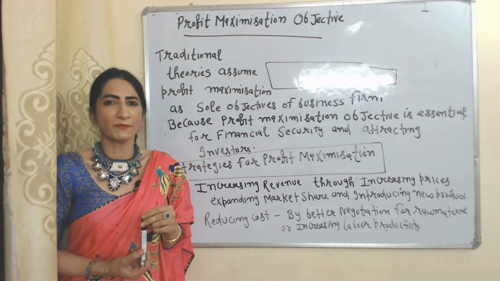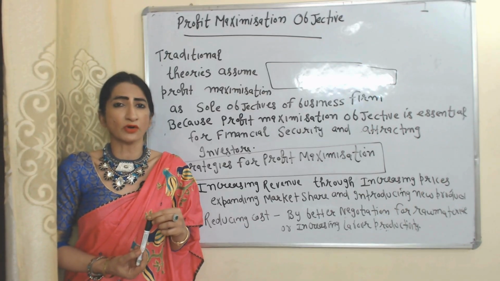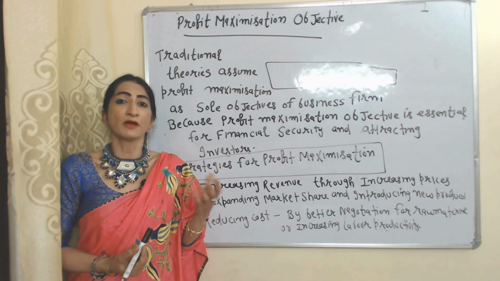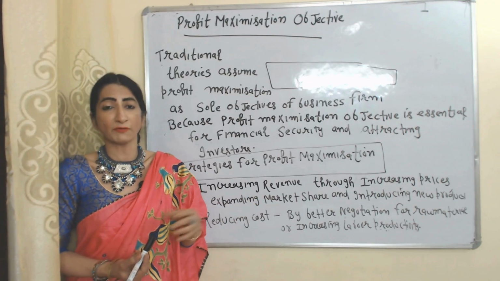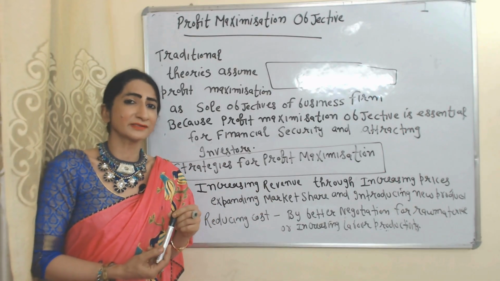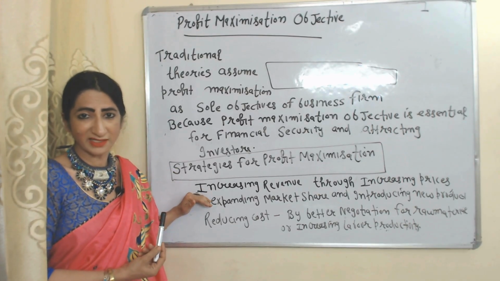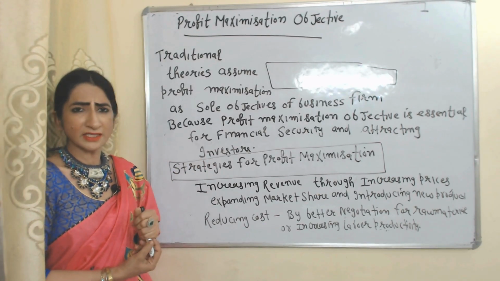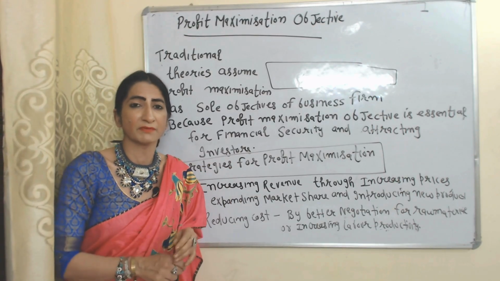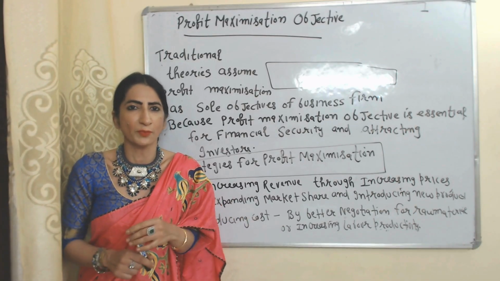So what is profit maximization objective? Traditional theories believe sole objective of business firm is maximization of profit. Obviously, profit maximization is essential for financial security and attracting more investors. But what are strategies of profit maximization? Increasing revenue. But how can we increase revenue? We can increase revenue by increasing prices, by increasing our market share, or by introducing new products in